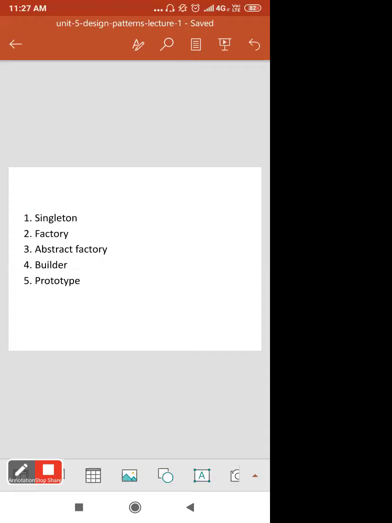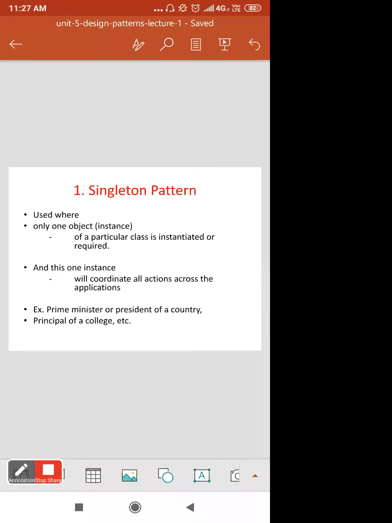You have to remember these five. First, what is a singleton design pattern?